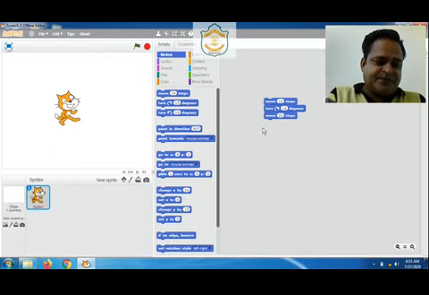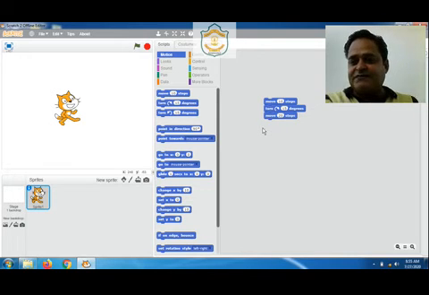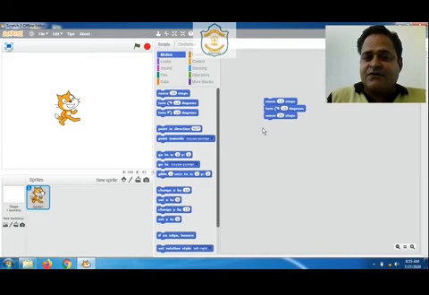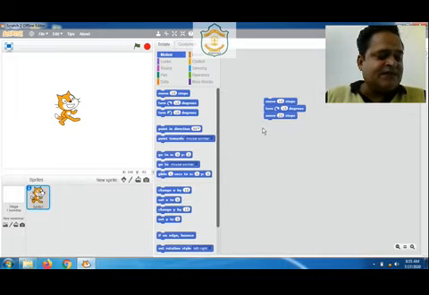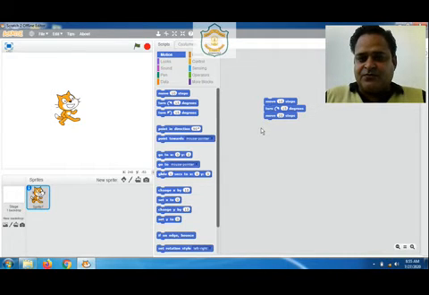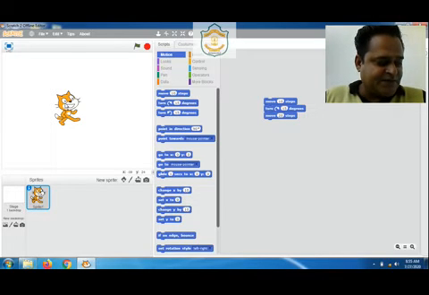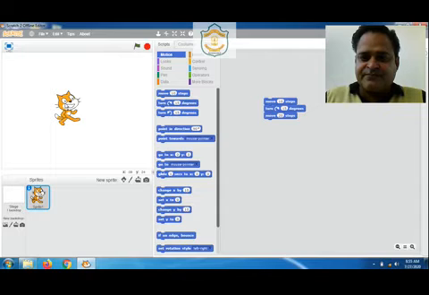So let's move to our next section, that is drawing a colorful circle. We can use this sprite to draw a colorful circle. In order to do that, we have to use the pen block.